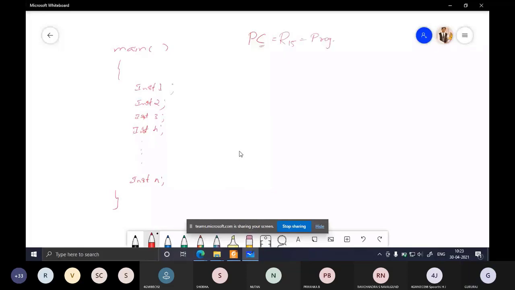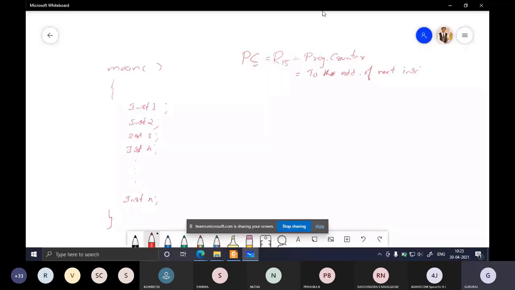If you remember, in 8051 also there was a program counter, and this program counter will always point to the address of the next instruction that needs to be executed by the CPU.